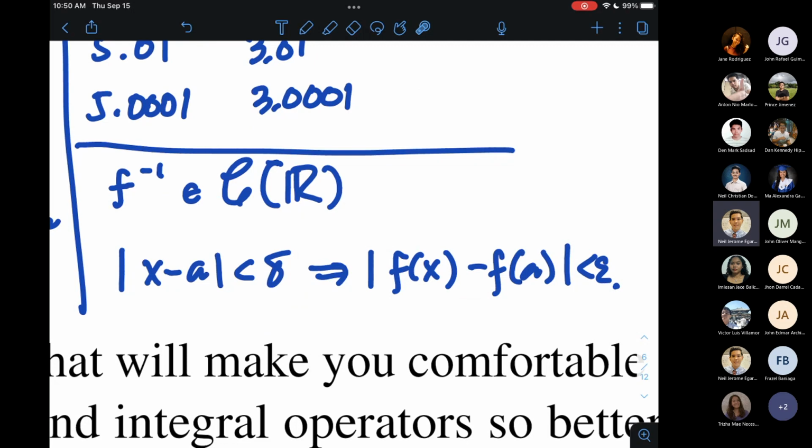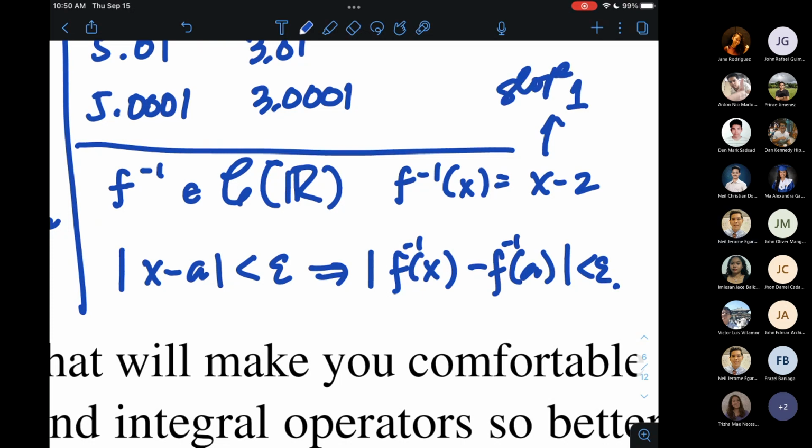Pero natutunan natin kapag linear yung function, ang slope ay 1, yung delta equal lang kay epsilon. Kasi nga si F inverse natin dito, actually F inverse of x ay equal kay x minus 2, right? Ang slope nito ay 1. Tapos ginawa niyo sa Math 36 pag-prove ng continuity para sa isang function na ang slope ay m, right? Ang pinipiling delta ay epsilon over m. That's why I know here na kapag ka si x